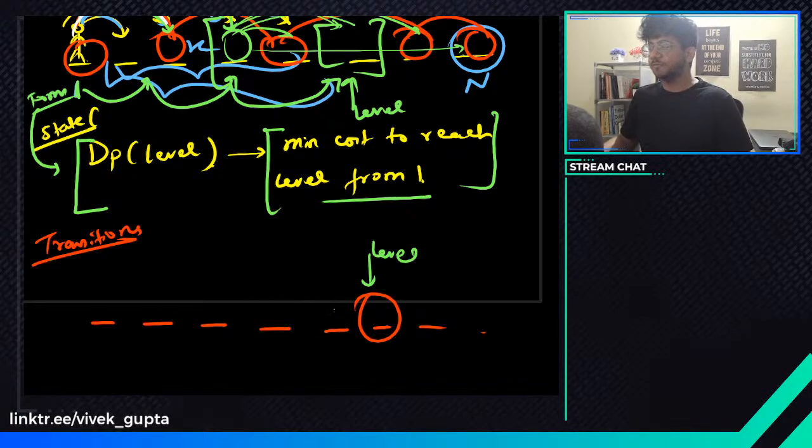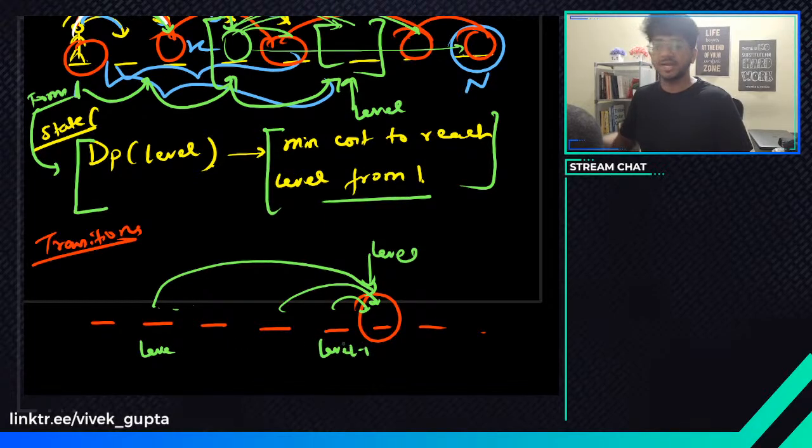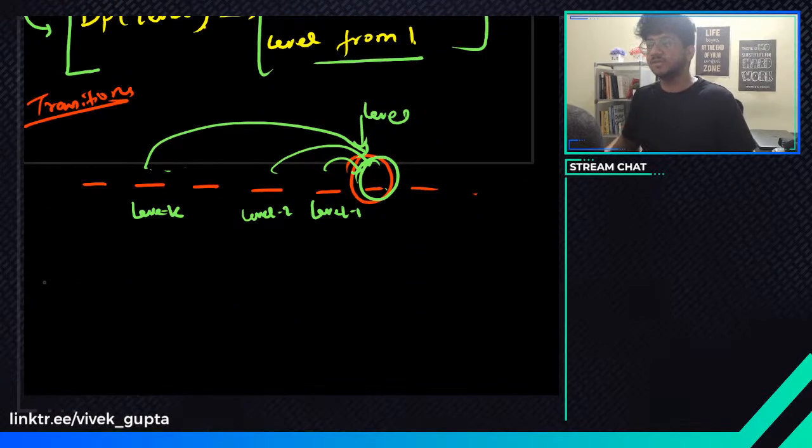Now the last jump could have been made from some place like this, like level. You could have been at level -1 and made a jump of 1, or you could have been at level -2 and made a jump of 2, or you could have been up till level -k and made a jump of k. So from these places you can come to this level with an immediate jump. Note how form 2 works: it counts the immediate jumps that happen in the subsequence, or the last move such that this element was added. So from that we can write the transition very simply as dp of level would be equal